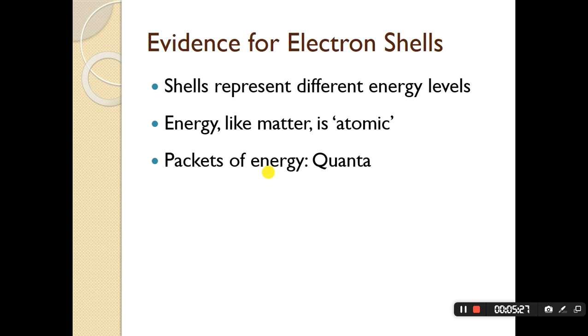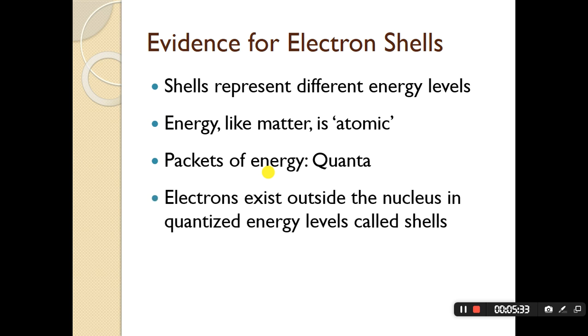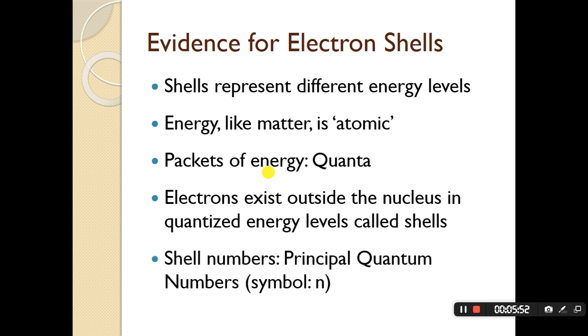The idea comes from the name for packets of energy, which are called quanta. So we can either have a packet of energy, or we can't have a packet of energy. We can't have half a packet of energy. That is something this idea is based on. So you will find that electrons are either at one level or at another level, and this is where we